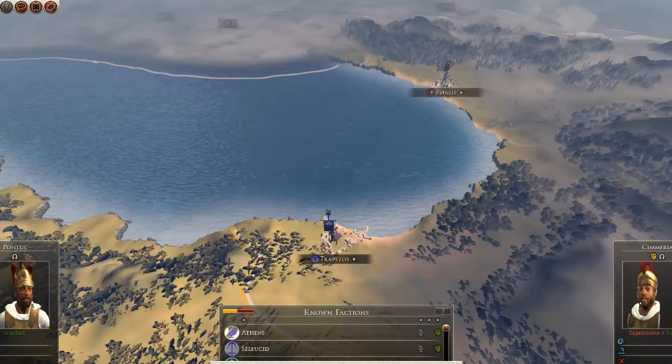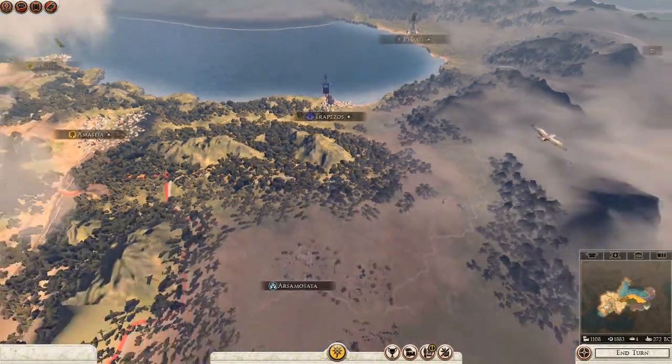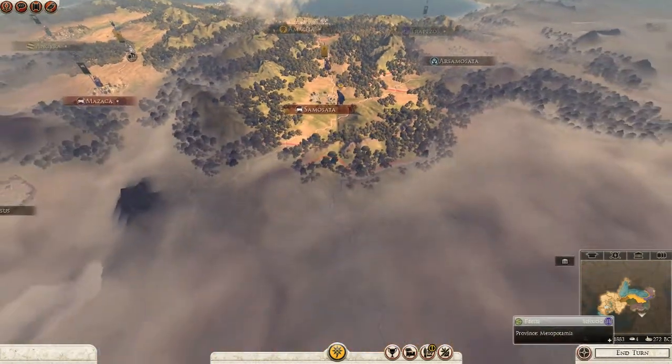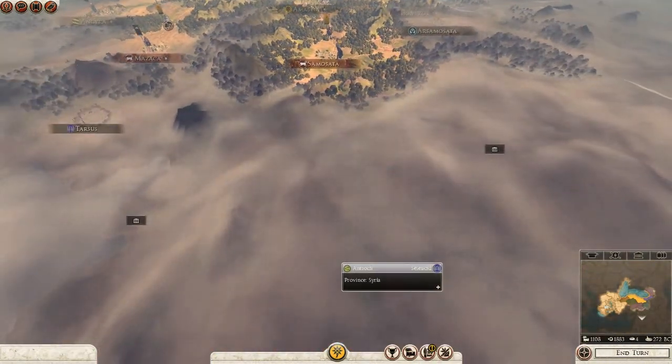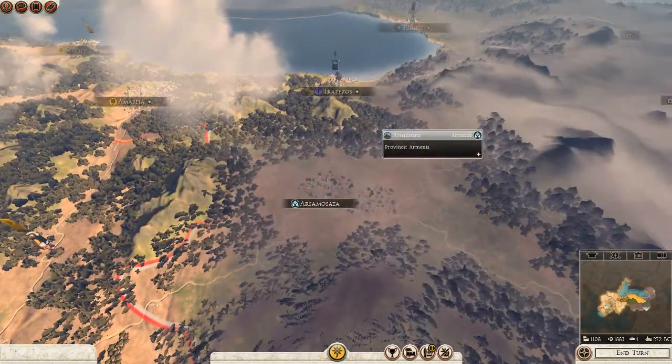Okay, and I think this gives you a good idea of what it looks like when you're playing as Pontus. What I typically like to do is expand through the Seleucid Empire because they make a decent challenge. If you wanted to take things a little bit easier, expanding through